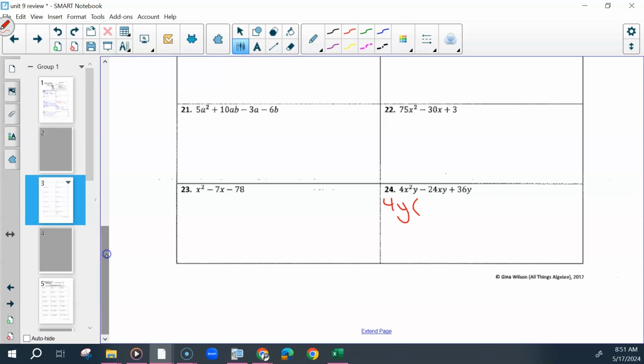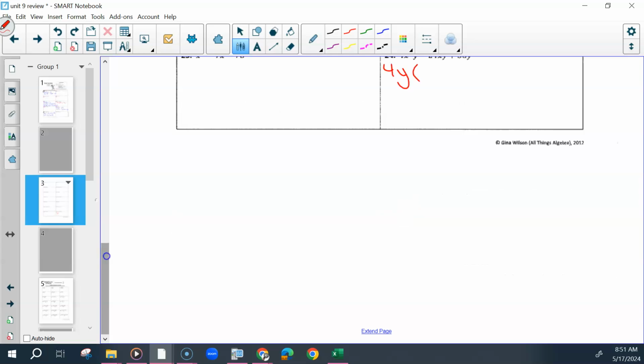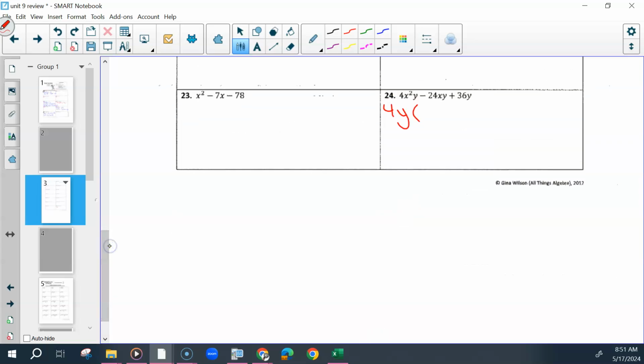So if I divide 4y from each of these, what's left? X squared minus 6x plus